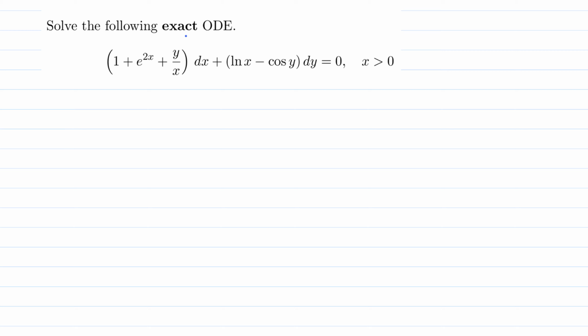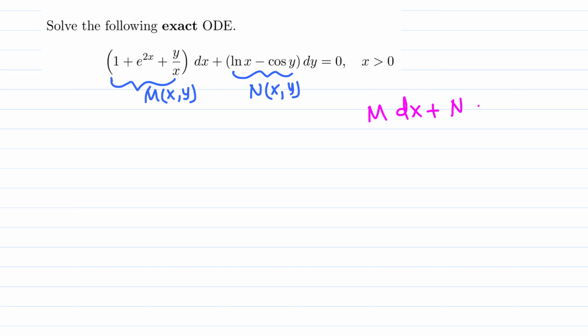Solve the following exact ODE. This one, we can think of it like M as a function of x, y, and N as a function of x, y. And we know that when we have M dx plus N dy equals 0,